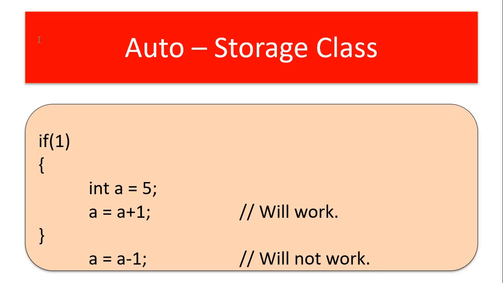So I think you can understand this example now. A is created inside this if statement. It is trying to access A here. It will work because A is present in the same block. And when we try to access A from outside this if statement, it cannot be reached. It will not work because once the control comes out of this if statement, A will be deleted, destroyed. So A will not be reachable. So that is what we have shown as an example in our code.